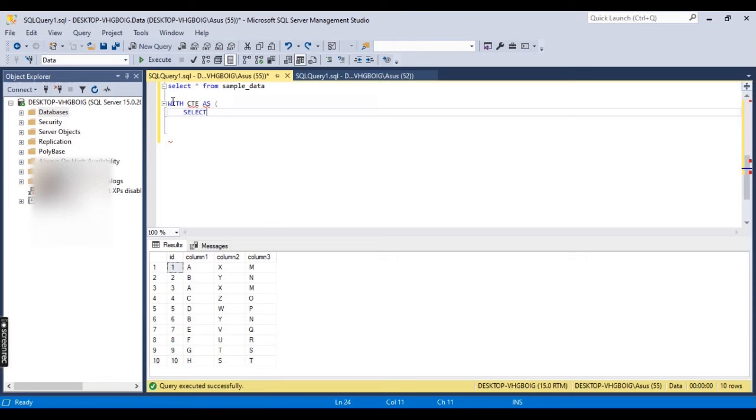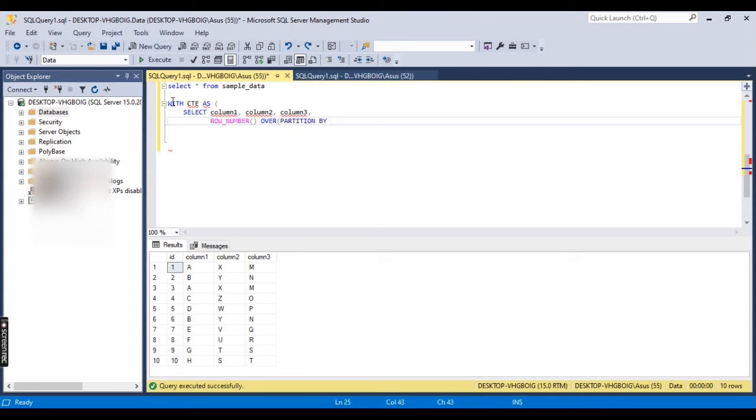So we use the ROW_NUMBER window function here, over partition by